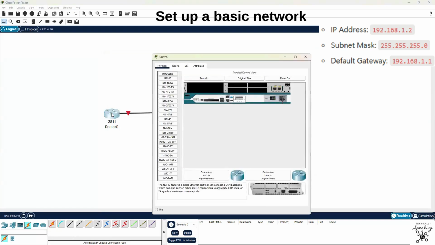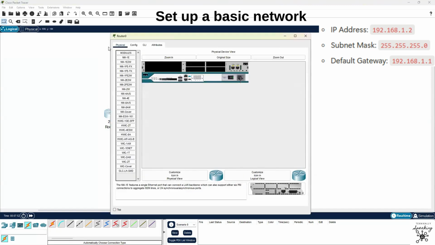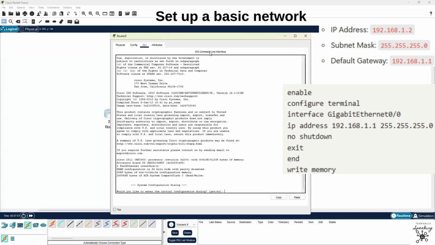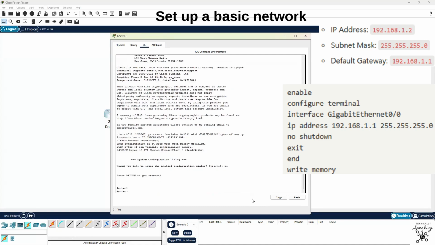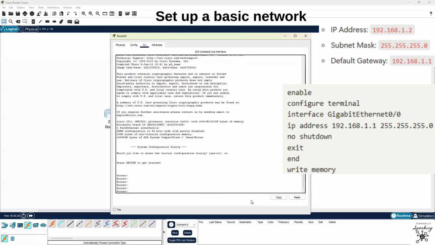So let's click on our router. Okay, let me click this over here. And in our router, we must go to the CLI right here, command line interface. All right. Now, when you first open up a router, you will have to go through some initiation phase to initialize the configuration. It says, would you like to enter the configuration dialog? You can if you like, so you can understand some things, but I'm going to say no for this example, for time purposes here.